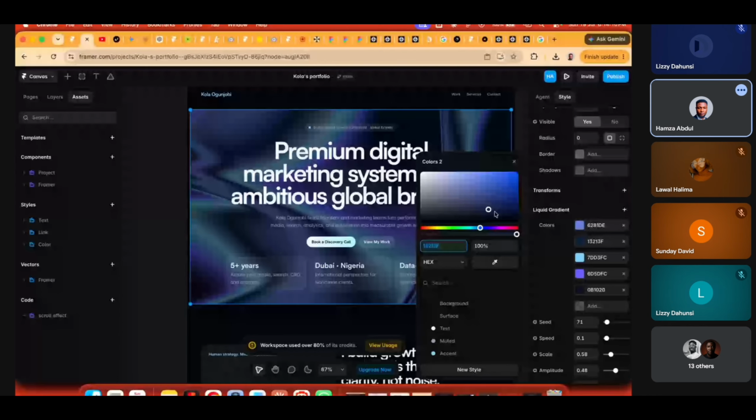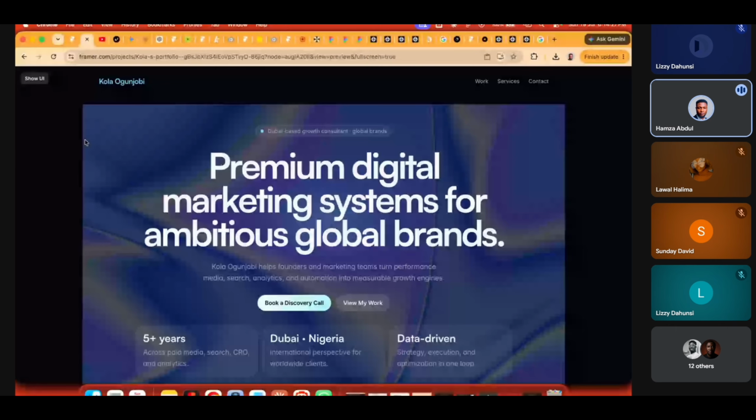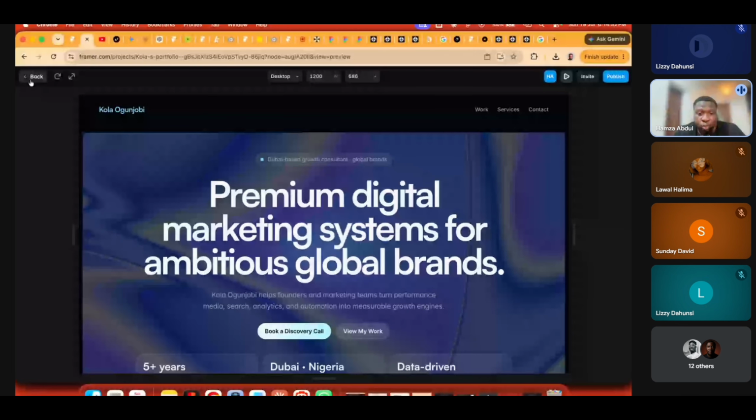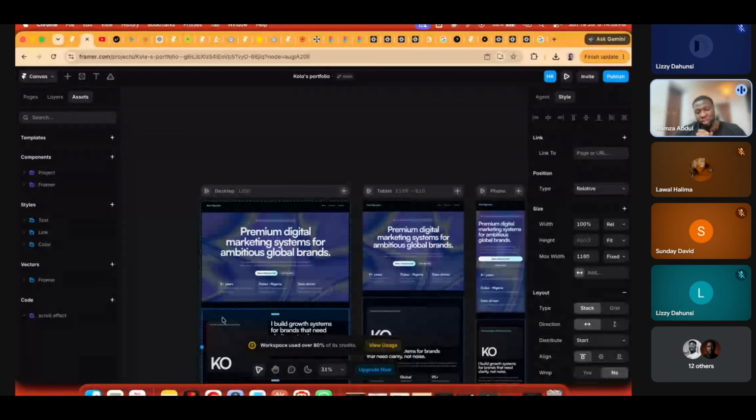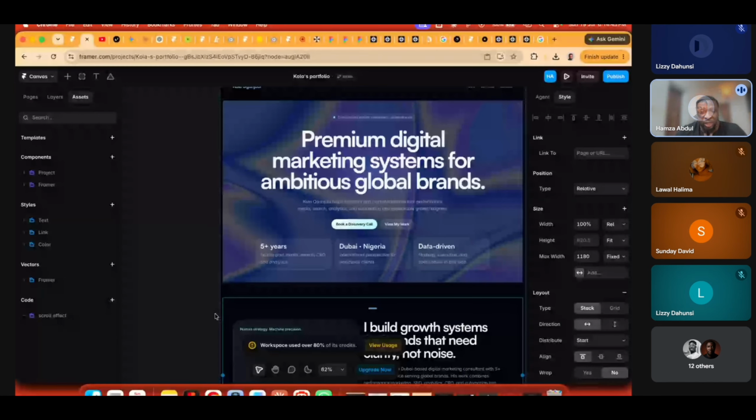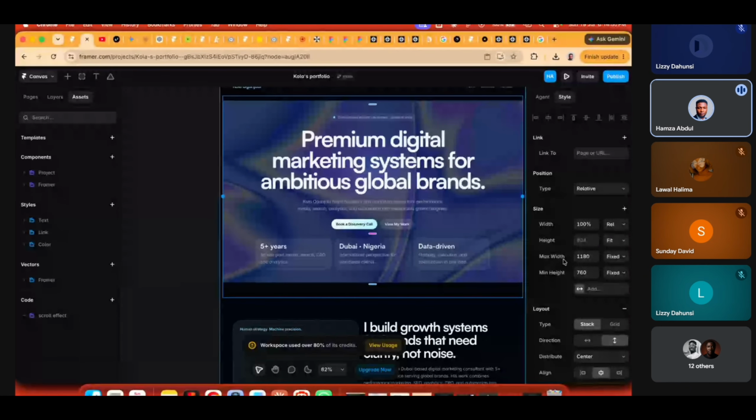If you notice, the design is being cut off over here. Do you wonder why it's doing that? It's because there's something called max width and minimum width. All of this you will learn if you do more research on Figma. If you click on your frame, you see this thing called max width. It is usually added so that if somebody uses a very large screen, like a TV screen, your website is not going to expand to be as large as the screen.